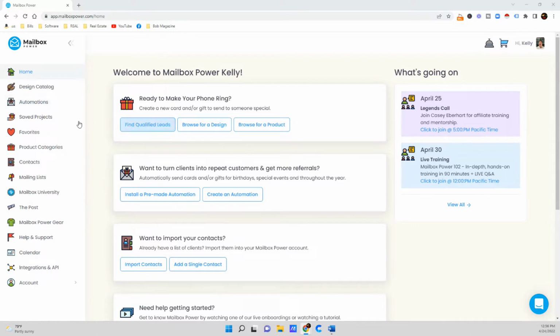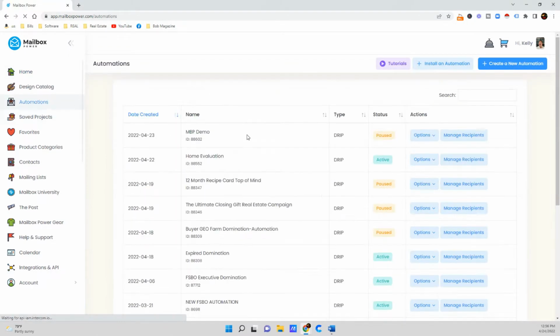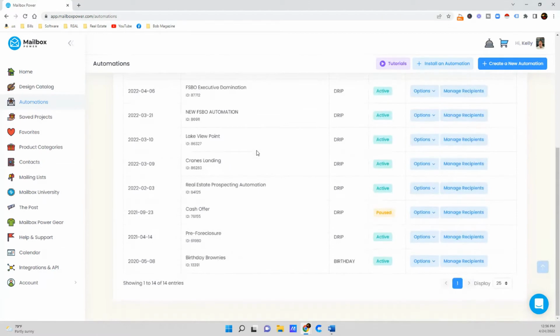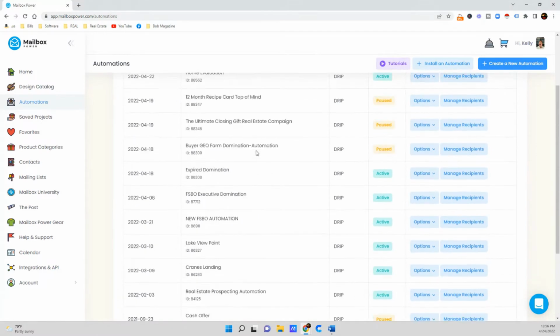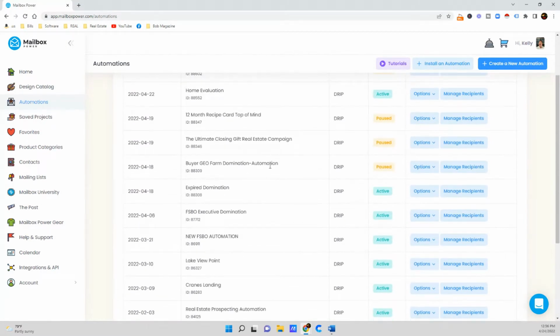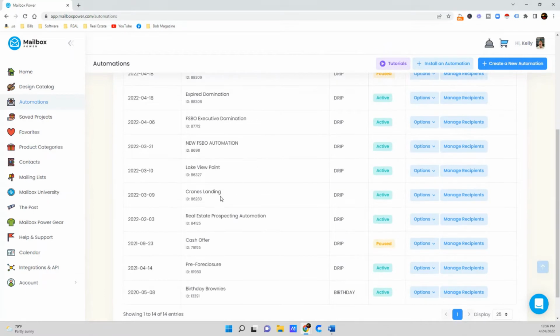So when you log in, go ahead and click your automations tab. This is where all of your automations that you will be setting up and using will be. And if you'll notice, I've got, for instance, two neighborhoods that I am farming right now. One is Lakeview Point, one's Cranes Landing. And so that you can see what it looks like,